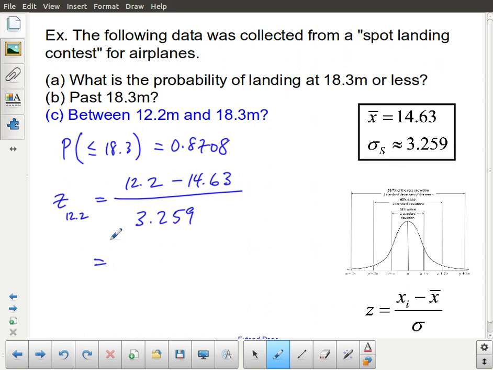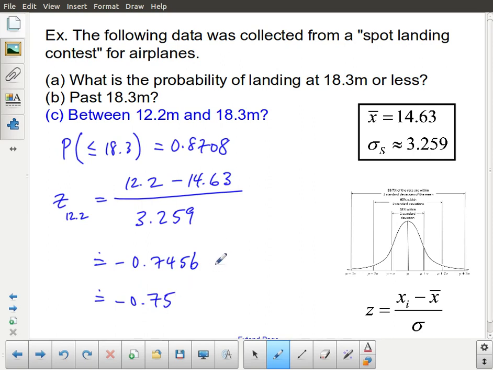This one gives us a negative z-score of negative 0.7456. And as we discovered, our z-score table actually only goes to 2 decimal places. So we're going to write this as 0.75 because that's all we're going to be able to get